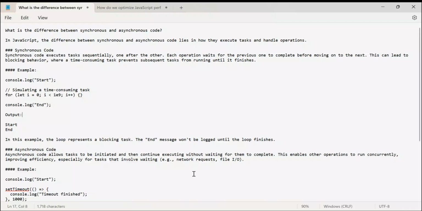Hello everyone. In today's video, we will learn about the difference between synchronous and asynchronous code. In an easy manner, we will discuss what the difference is between synchronous and asynchronous code. So let's start. In JavaScript, the difference between synchronous and asynchronous code lies in how they execute tasks and handle